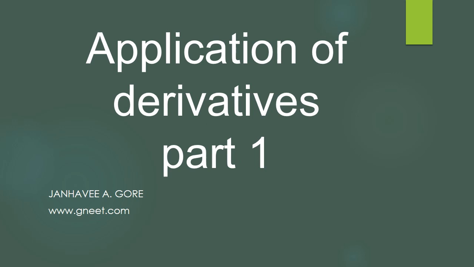Now in this we are going to start with the application of derivatives. Already we have studied about the derivatives. Now we are going to study how to apply them or where they are used. For this, in your book it is given that first is rate of change of quantity, another is increasing and decreasing, tangents and normals, then approximation and maxima and minima. These are the applications given.